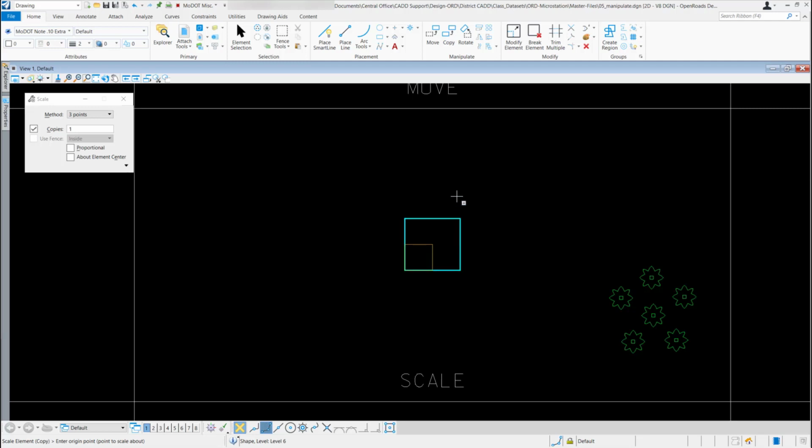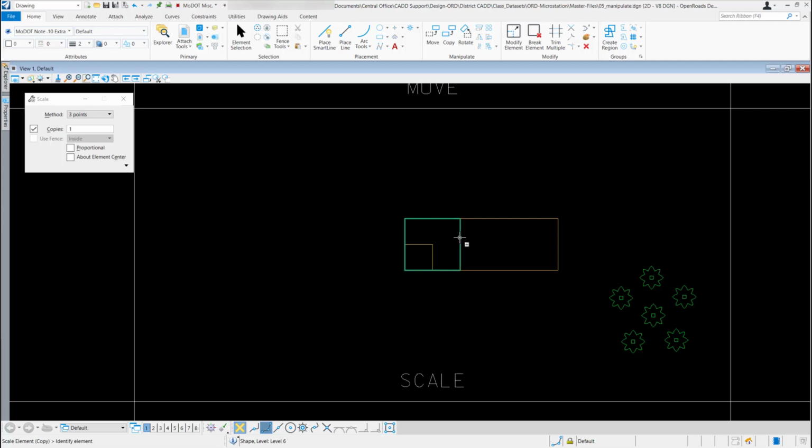Now it wants an origin point. I'm going to pick the bottom left corner. And now it wants a reference point. Depending on where I pick for my reference point is how it's going to scale this block. For this example, I'm going to pick the bottom right hand corner, and now when I try to scale it, I can only scale it in the horizontal direction. If that's what I want, I can just left click to drop it off, and it scaled that block.